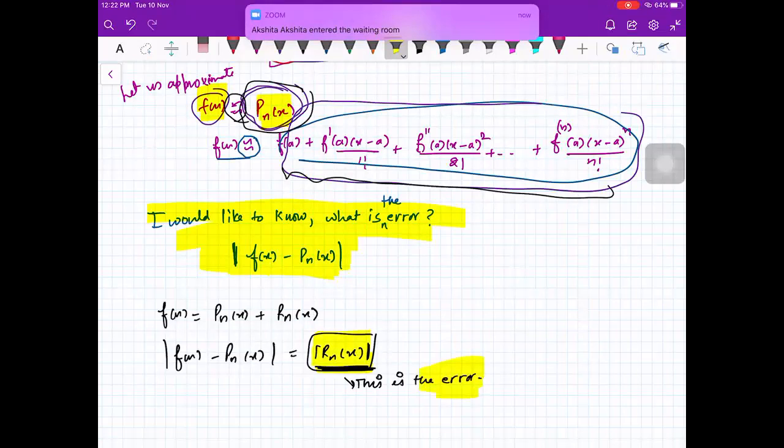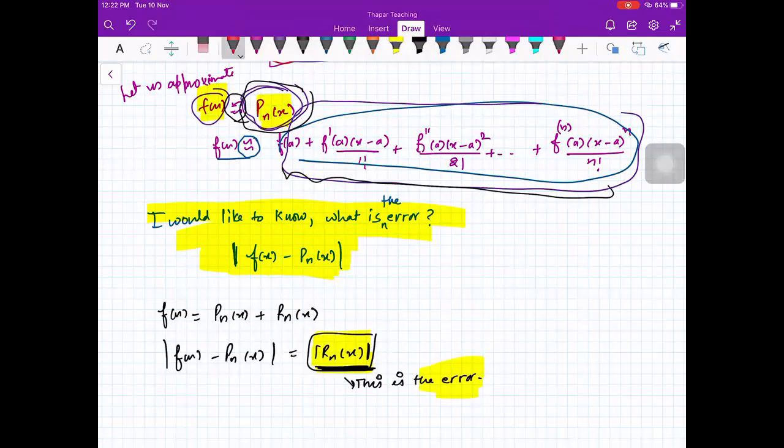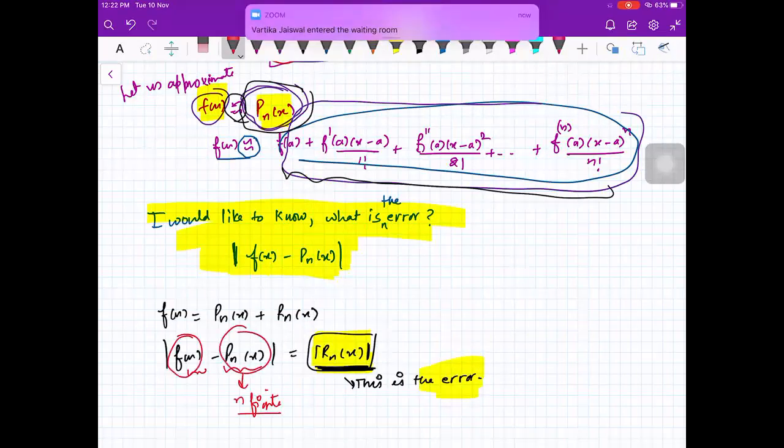(Student: Ma'am, in questions when Rn x approaches 0, then there will be no error at all, right?) No, beta, here n is not infinity, right? We are not taking any limit. So let me give you an example, okay? I am saying that you will approximate f of x with Pn x. N is finite, right? I am not saying that n is infinity, because when n is infinity, then you know that f of x is exactly Pn x.